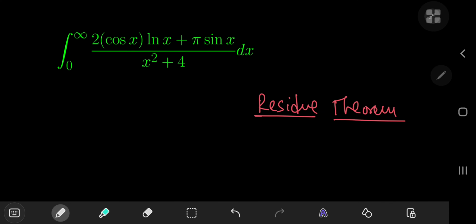Today's integral looks absolutely amazing. I mean, look at it. It's exotic, it's extravagant, it's just beautiful. And we're going to evaluate it using complex analysis, meaning that I'm going to invoke the residue theorem, which states